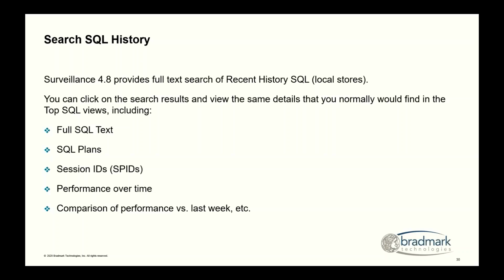Now, 4.8 also introduced full text search for recent history SQL for the local stores. Before, you needed the SQL to show up on the top SQL report in order to click on it and see all the great things about it. Now, in 4.8, you can search the local repository of SQLs that are being stored and find that particular one. Ultimately, what we do internally is we have a SQL ID, so it's looking for the SQL ID, but you're able to full text search it, find the item you're interested in, and then when you click on it, you see all the great things that you see in the